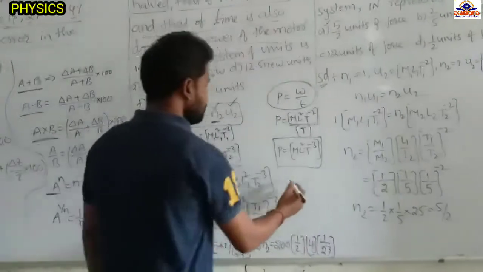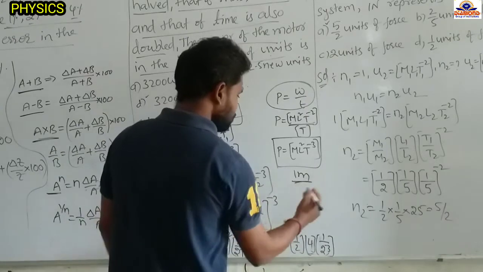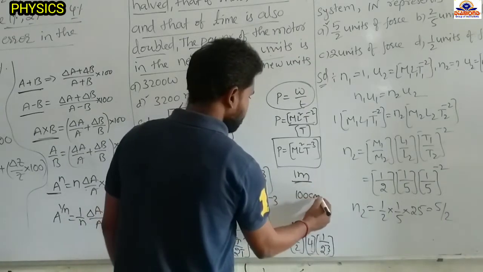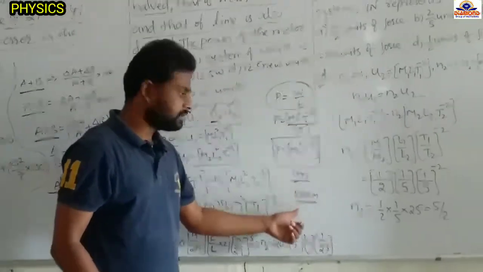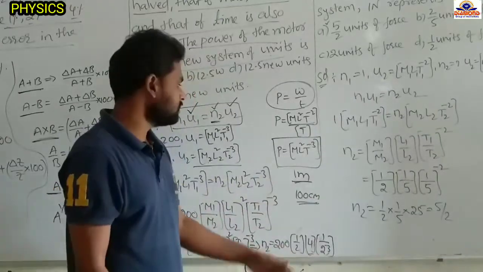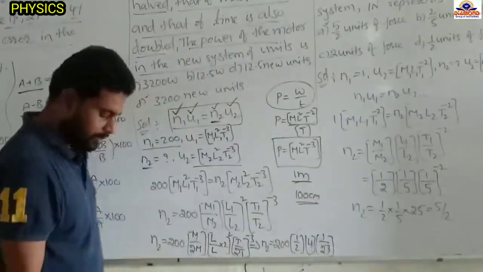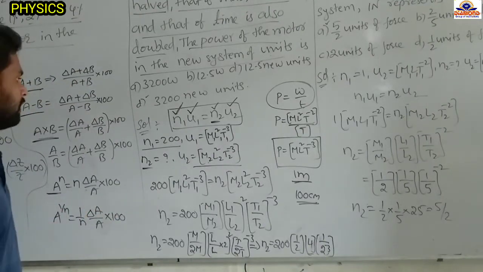That means in the SI system the unit is 1 meter, and in the CGS system this is equal to 100 centimeters. We are converting it here. Length, this one also length, the dimensions are the same, but the numerical values change if you convert from one system to another. Here 1, here 100, the numericals are changing, but 1 meter equals 100 centimeters, the length is the same in both cases.